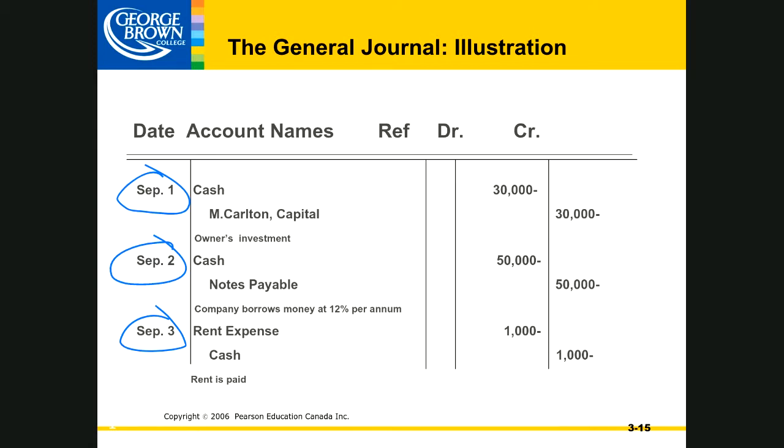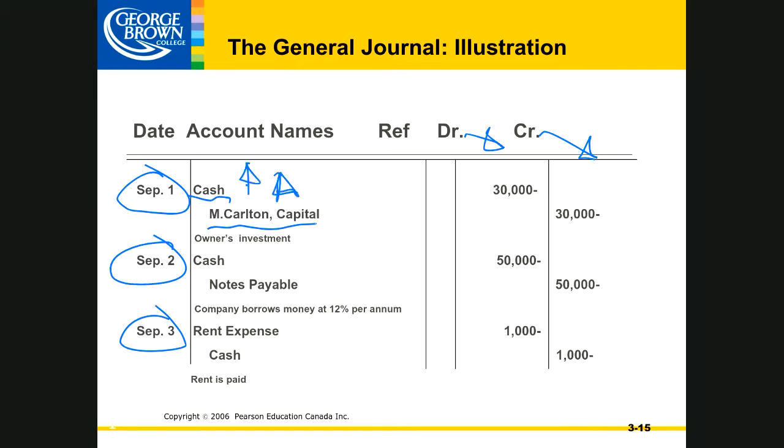Then we have the account names that are being affected. In this case, cash and Mr. Carlton's capital. Sorry, I guess the columns got a little messed up here. So this is debit and this is credit. We wanted to show that our cash was increasing, and because cash is an asset,